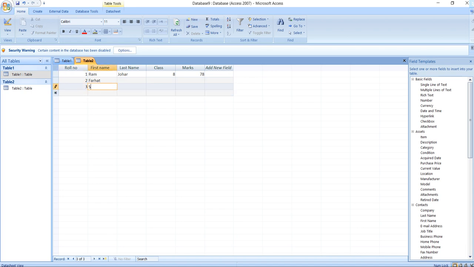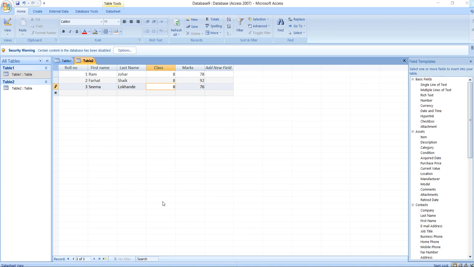3 is Seema. Sheikh. Lokhande. Now here is the same class, 8th standard. Now suppose he has got 92 marks, and here he has got 76 marks, and 8th standard. Now here are my two tables with the same names, meaning the same students, containing the class and their marks. So this was all about my table.